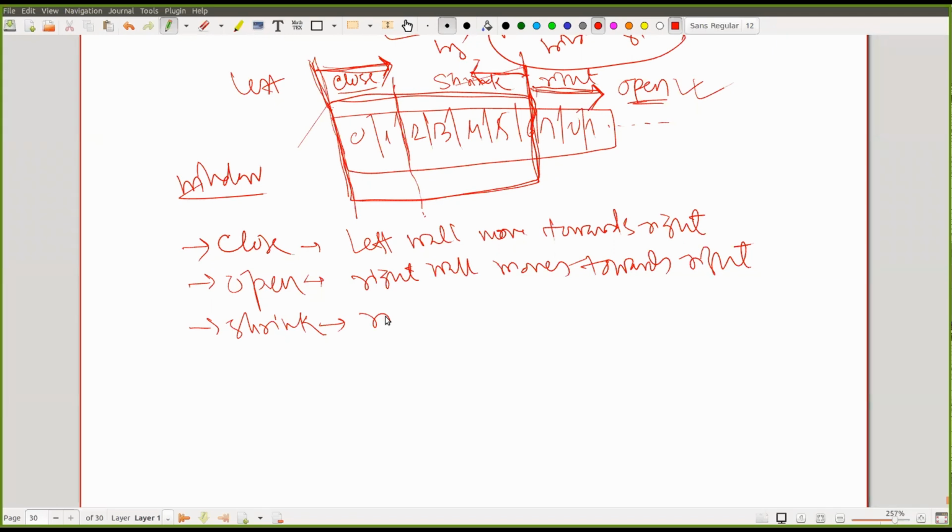If the right wall of the window moves towards the left, this is called window shrinking. First of all, you understood this concept. What is window closing? What is window opening? What is window shrinking? Now, with respect to this basic concept, as far as the send window is concerned,